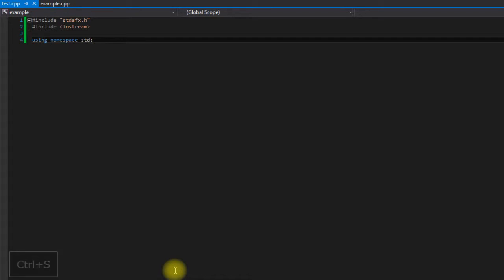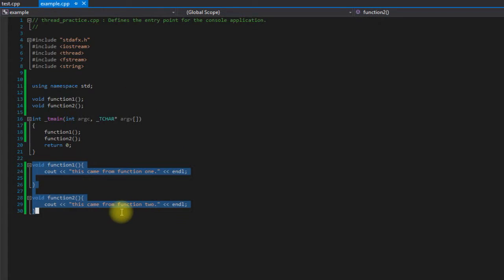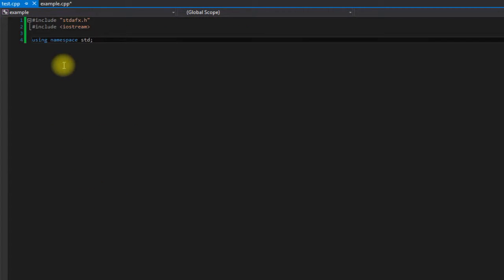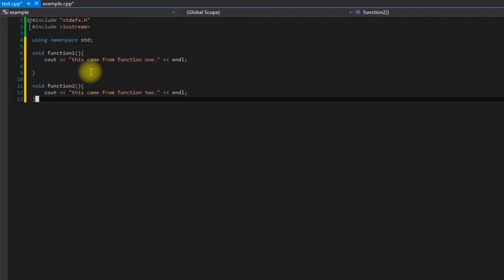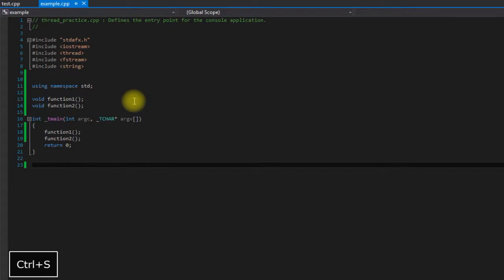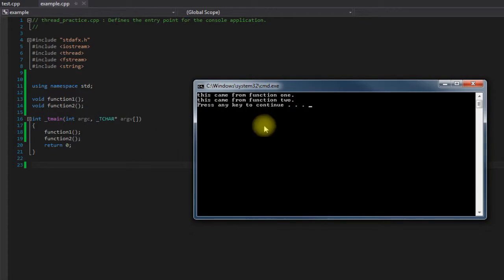So what we can do with our function definitions is cut them from here and then paste them into here. Save it, and it still works. So now we've cleaned up this file considerably,